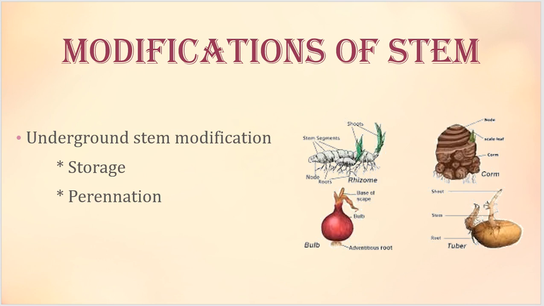A herb which is surviving for a long time wants to store food to overcome unfavorable situations when it has to face them. So that is perennation. At the time of perennation, the food stored in the underground stem of this plant will be responsible for the production of a new plant. Right? So for underground stem modification, we are learning four different kinds of underground stem, based on the shape they attain. So the first one, rhizome.